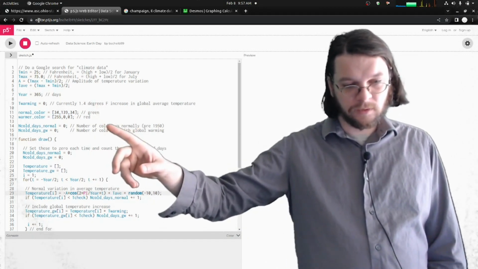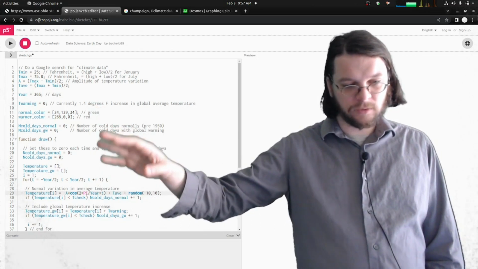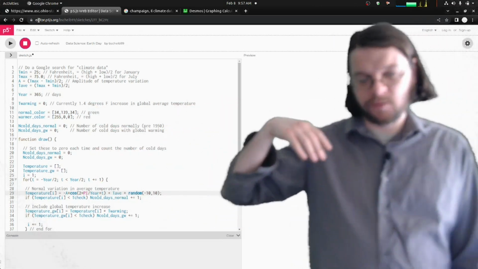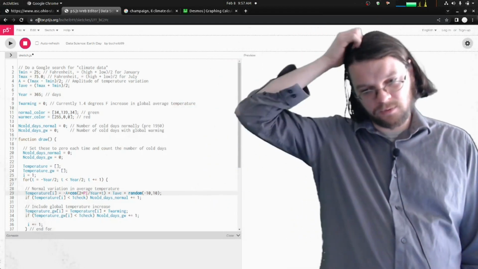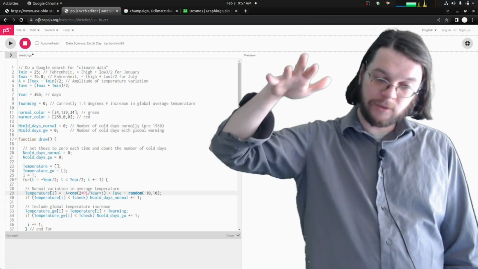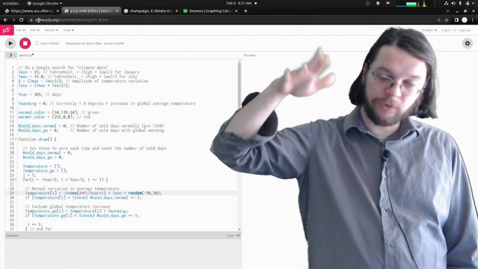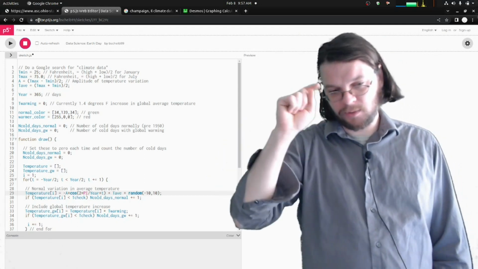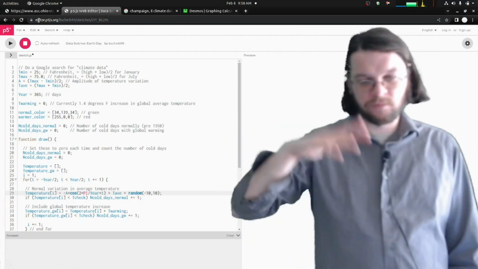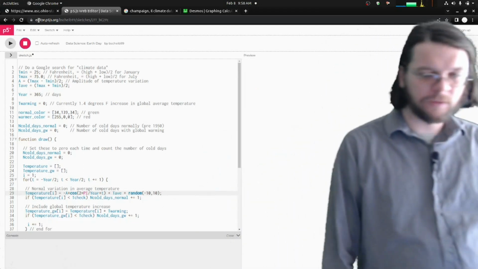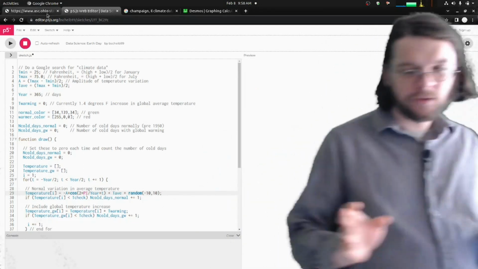You can also, if you're curious, change the threshold. If you follow the directions, you can change the threshold from 32 Fahrenheit to something else. So if you're interested in the growth of sea ice, sea ice is salt water, and so you have to be colder than 32 Fahrenheit to freeze seawater. And so you can put in that temperature and try to think about Greenland melting away, that sort of thing. So there's a lot you can do here.